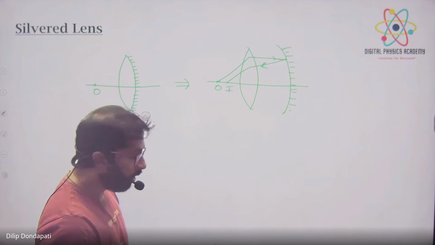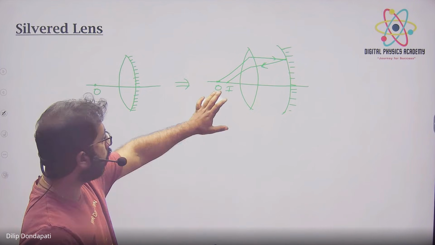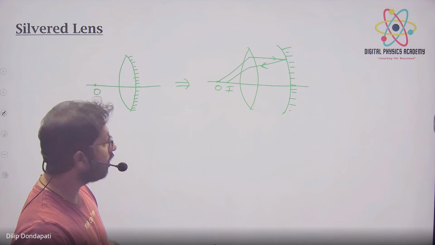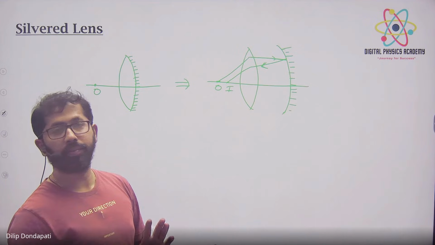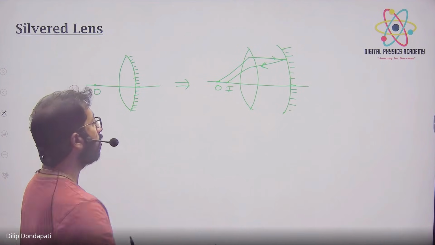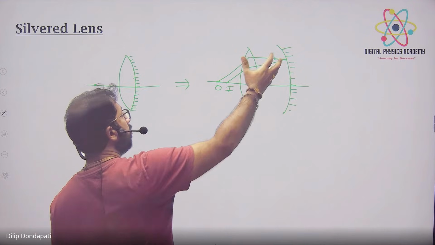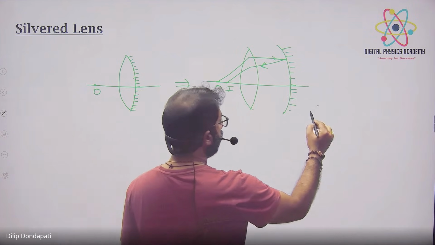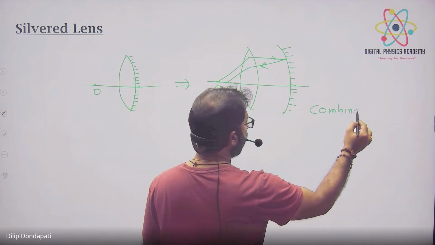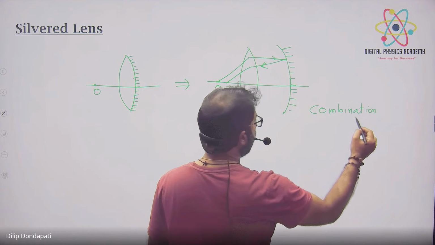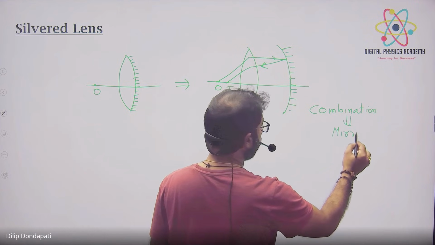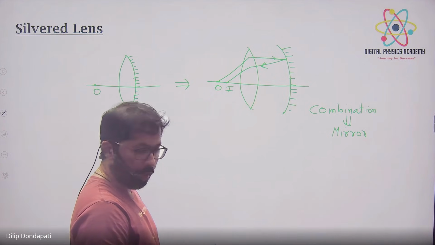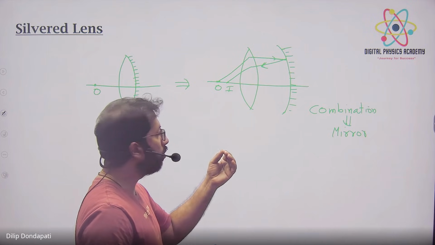नाउ इफ यू सी हियर, हाउ टू सॉल्व? आपको इमेज फाइनली किधर से दिख रहा है? दिस कॉम्बिनेशन विल ऑलवेज एक्ट लाइक ए मिरर। भाई, आपको ये फाइनल इमेज कैसे दिख रहा है? दैट मिरर से आ रहा है बोल के लगेगा आपको। सो दिस कॉम्बिनेशन विल एक्ट लाइक ए मिरर, लिखो, दिस कॉम्बिनेशन विल एक्ट लाइक ए मिरर।